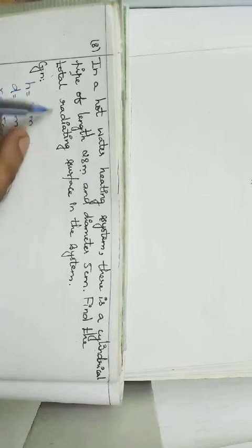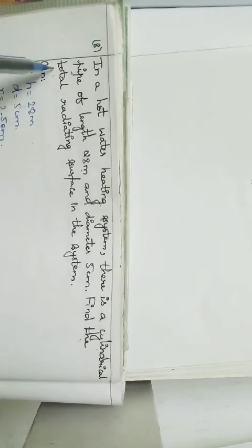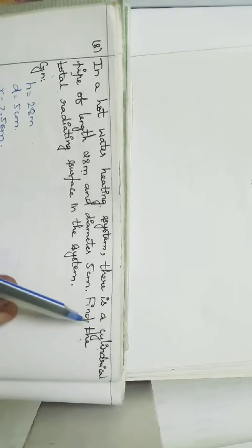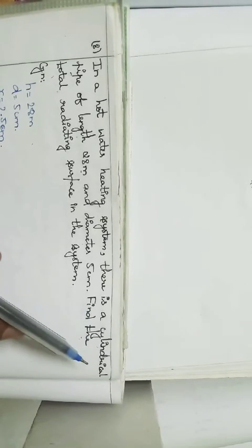And you want to find the total radiating surface. While the water flows, we won't close the top and we won't close the bottom. If you close the top and bottom, water cannot flow, right? What they are asking is the total radiating surface, that is the water flowing surface. That is nothing but the curved surface area only, right? Curved surface area of a cylindrical tank.